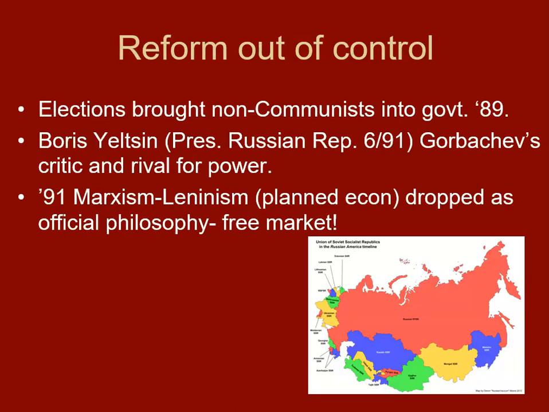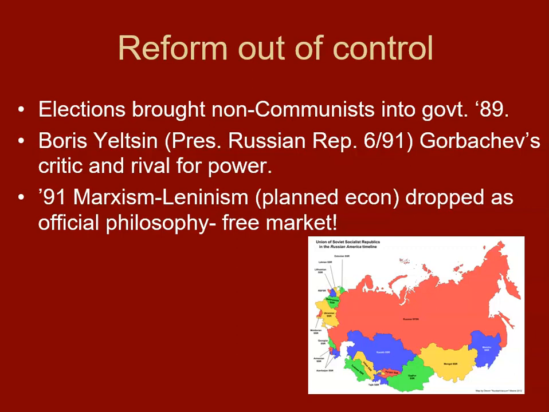Just like in Eastern Europe, there were elections that were semi-free in 1989, and the elections bring non-communists into the government or into the parliament. And one of the people who comes out of this is a man by the name of Boris Yeltsin. In fact, he is elected to be president of the Russian Republic in June of 1991. You can see by the map there that the Russian Republic, this big pink part of the Soviet Union, really is, I don't know, I'm guessing about 50% or 60% of the land mass of the Soviet Union. It's really quite important. It's really quite populous in the western part. And so by Boris Yeltsin being the leader of this very important part of the Soviet Union, he becomes a kind of rival and then also a critic of